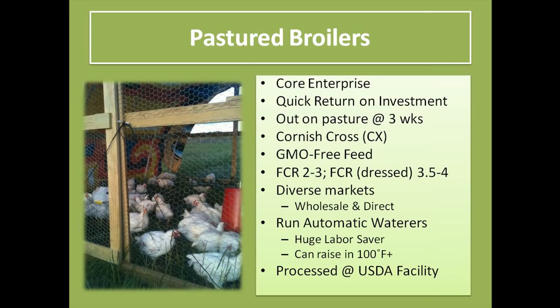We do diverse marketing. We have a lot of wholesale customers, like grocery stores, and then also we sell direct. But we really do a lot of cut-ups. So we sell boneless, skinless breast and thighs and drumsticks, all that. And the Cornish cross rules when it comes to boneless, skinless breast. It has that nice big plump breast that people want, and